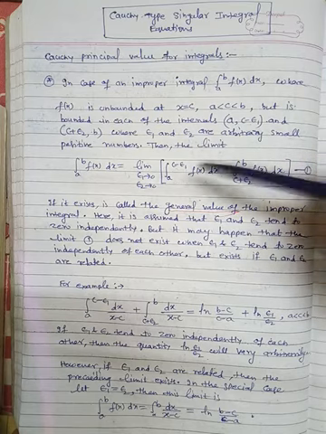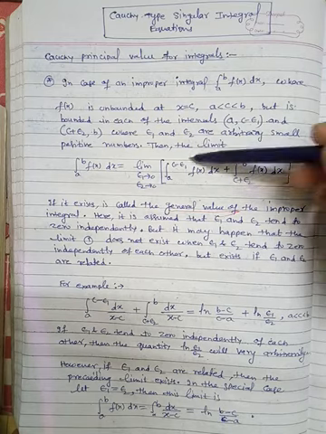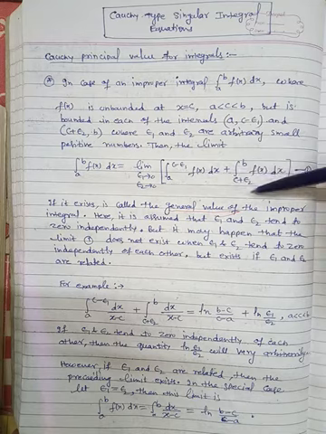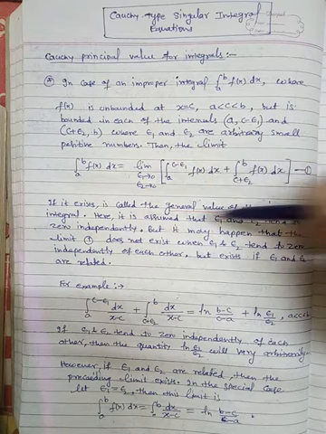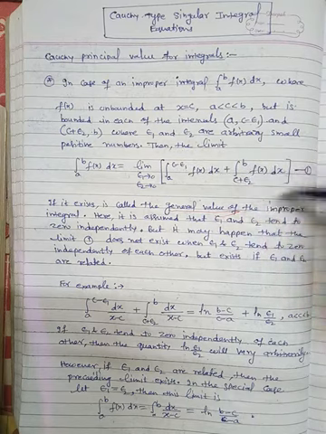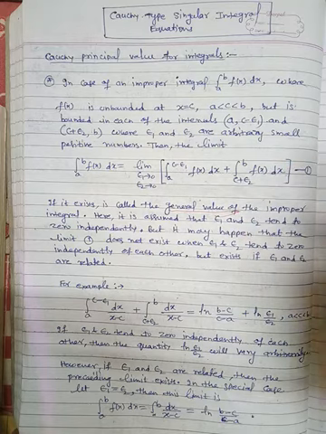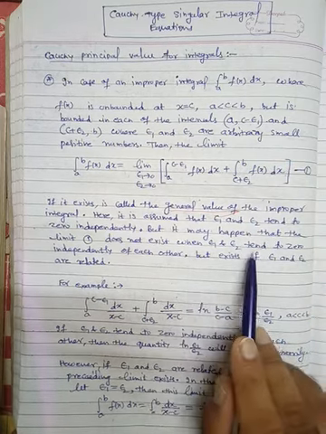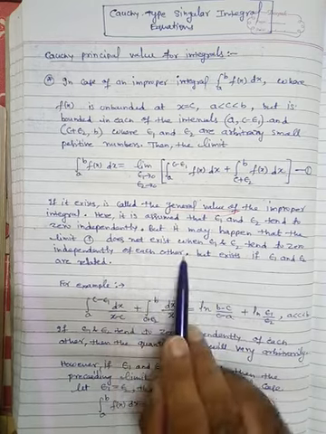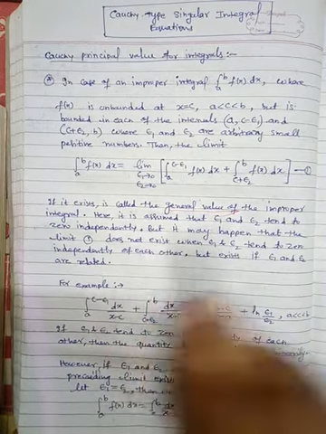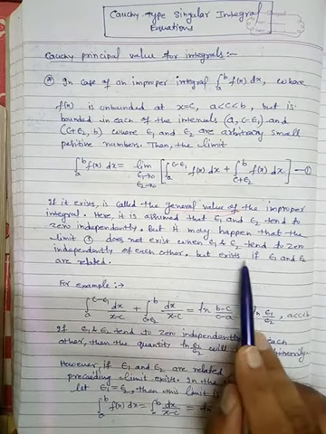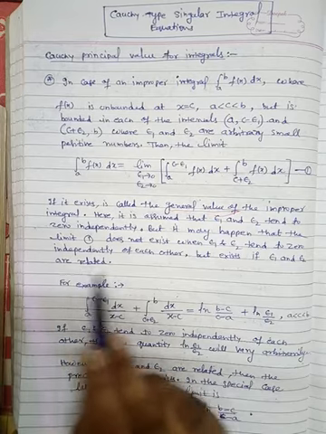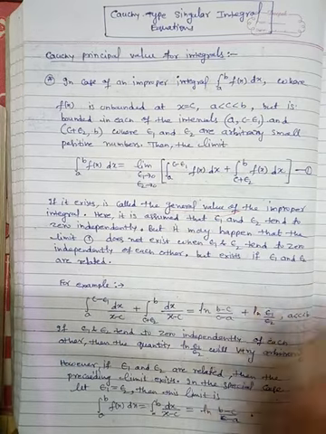And when both are interrelated, that means there is some relation between epsilon 1 and epsilon 2, then this limit will exist. When both are related, the limit may exist; when both are independent, the limit may not exist. This may happen. So this limit does not exist when epsilon 1 and epsilon 2 tend to 0 independently of each other, but exists if epsilon 1 and epsilon 2 are related, that means they have some certain relation.